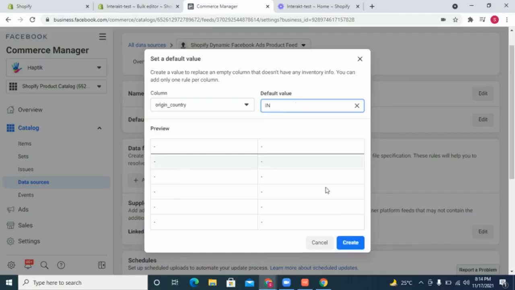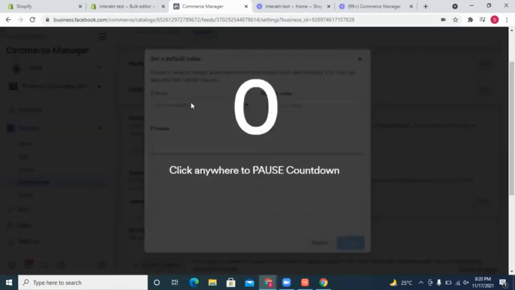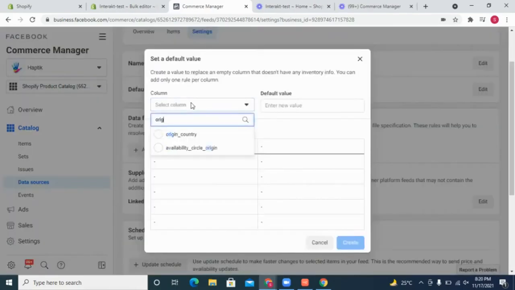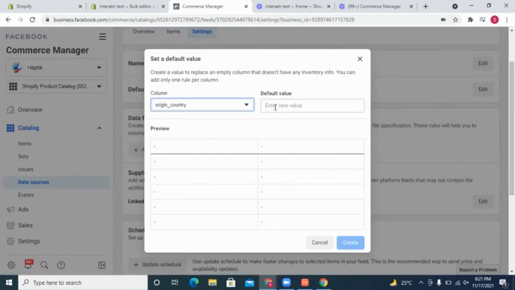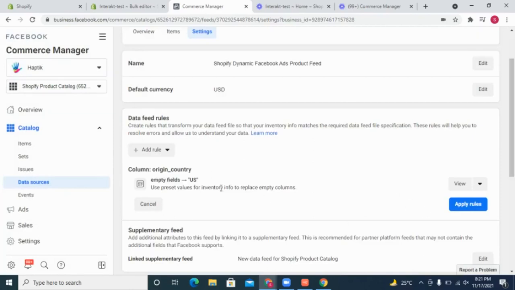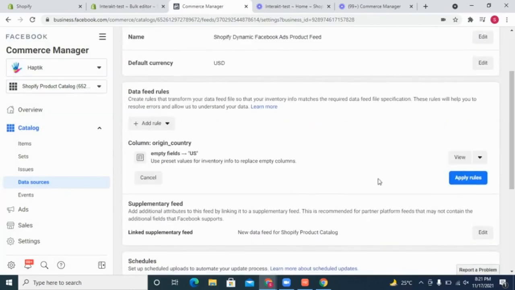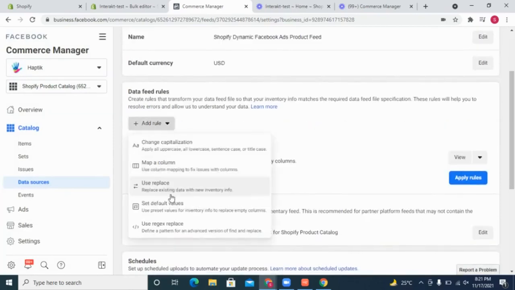However, if suppose all your products are imported from another country, you need to add the following 4 fields. Origin_country is equal to US or the country code for the country from which the products have been imported. Then provide an importer_name.